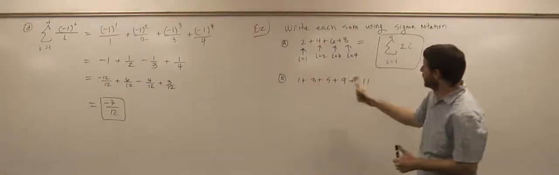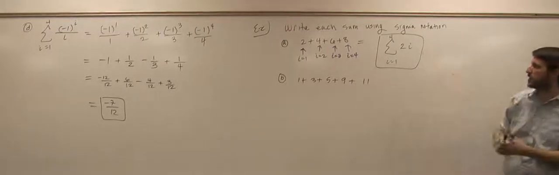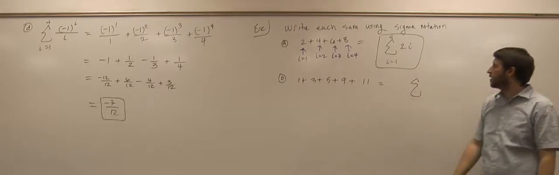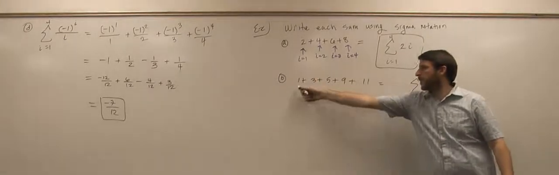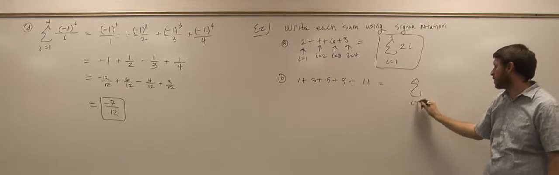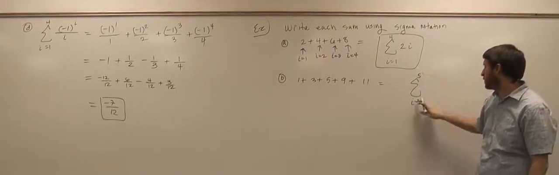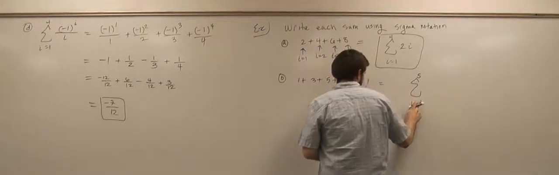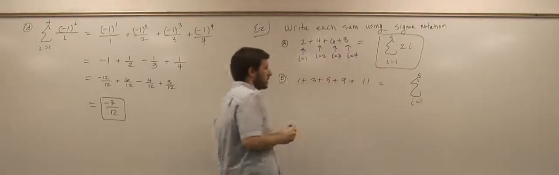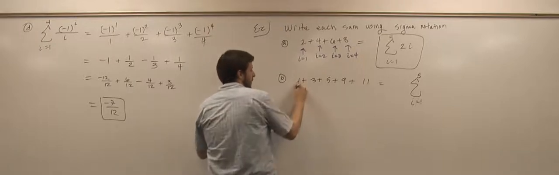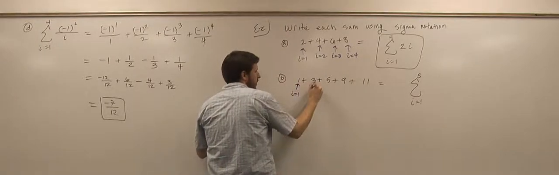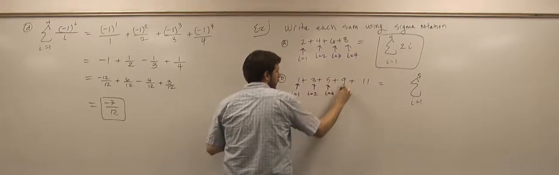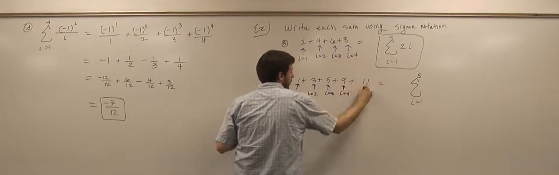So 1 plus 3 plus 5 plus 9 plus 11, if I want to write it with this notation, hardest part is drawing a fancy sigma. How many terms do I have? 1, 2, 3, 4, 5. So I'll probably do i equals 1 to 5. And then let me try and wrap my head around this. This is i equals 1, i equals 2, 3, 4,